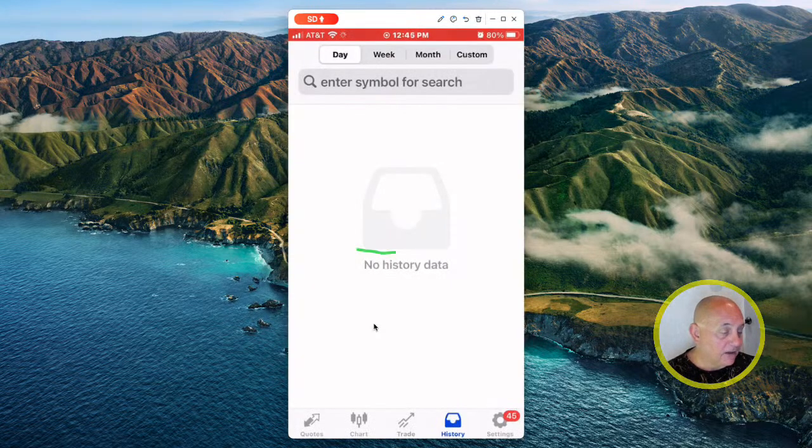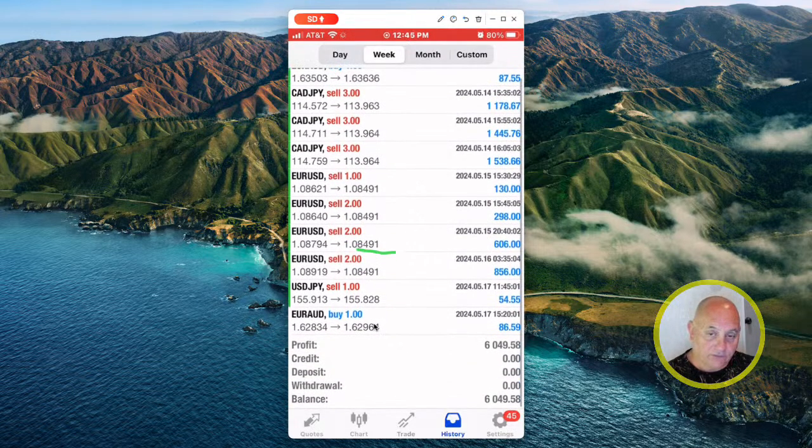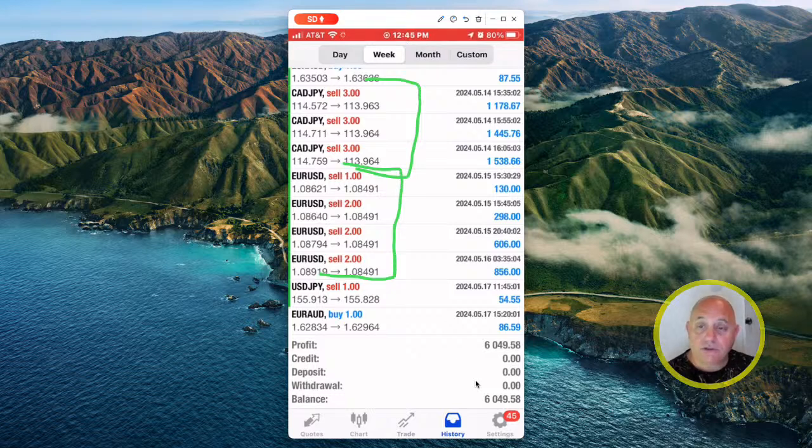If we go to the history, nothing closed since yesterday on the free. However, over a week, $6,049.58 closed. That's pretty amazing. Looks like Euro USD was pretty profitable. CAD JPY profitable, massively profitable. Now, would you have made that much? I don't know. I don't know what your account size or your leverage is. I don't know what your risk tolerance is. I don't know if money replenishes for you, or if money is scarce and you don't have very much of it. All that you make is based off of the technical numbers and also the emotions that you apply to your trading. So for the month,